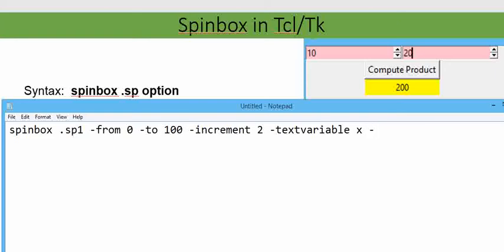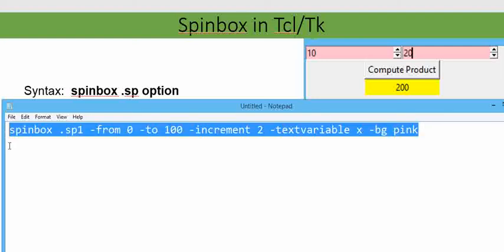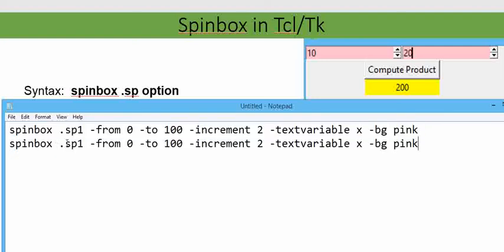Now I am going to provide minus background pink as given in the diagram. Similarly, I need to take another spinbox, so I am going to copy the first statement, dot sp2. Here I am going to change the increment step size to 5. The variable I am going to take here is y.